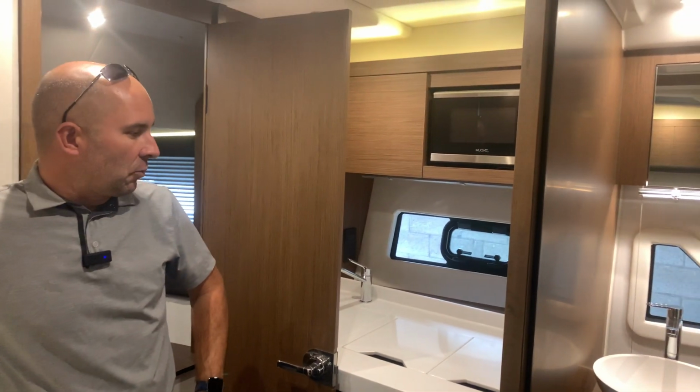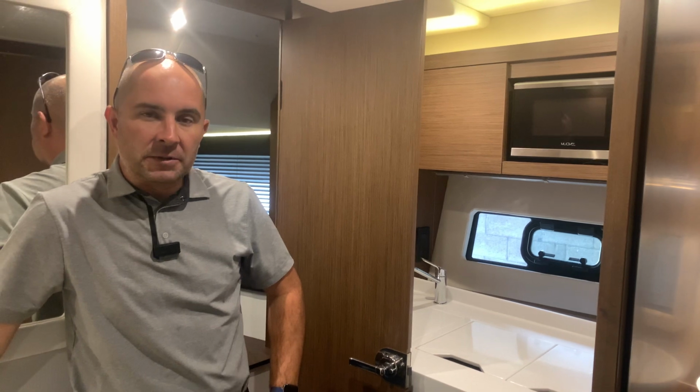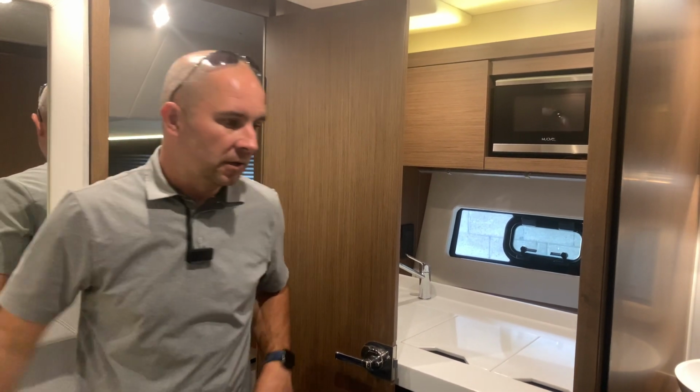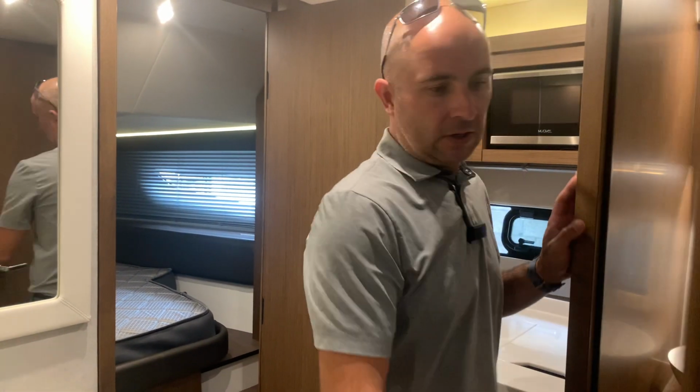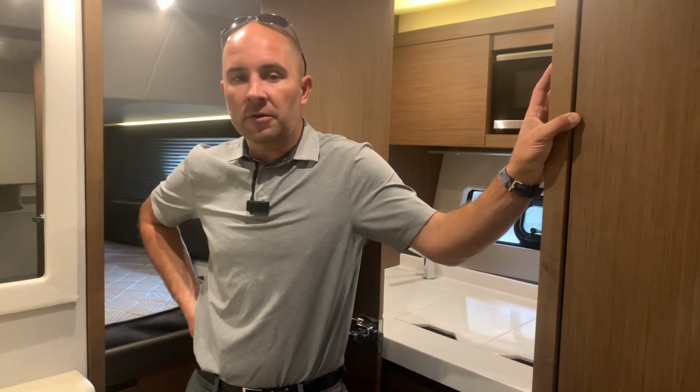Very excited to get this boat cleaned up this week. Should have it in the water by the end of the week, and it's going to be on display next weekend in Kenosha. So feel free to come check that out if you're watching this soon. And as soon as I get this thing cleaned up and in the water, I'll shoot a new video